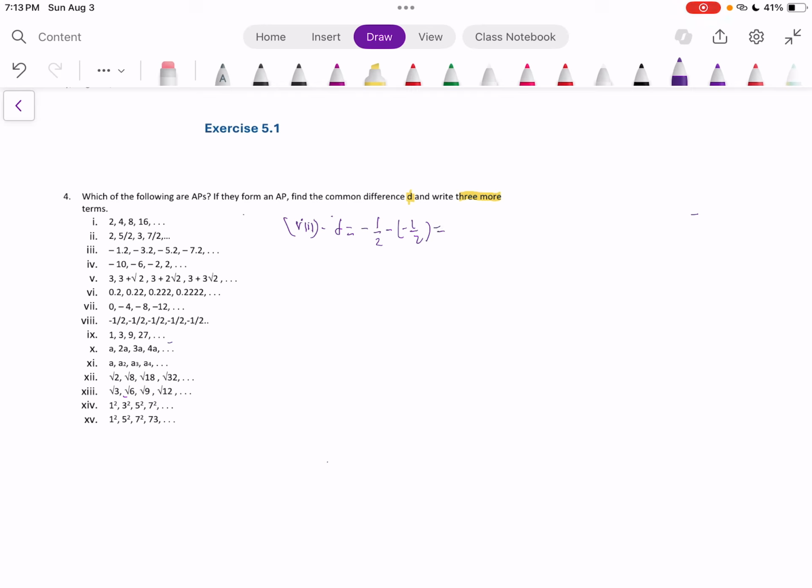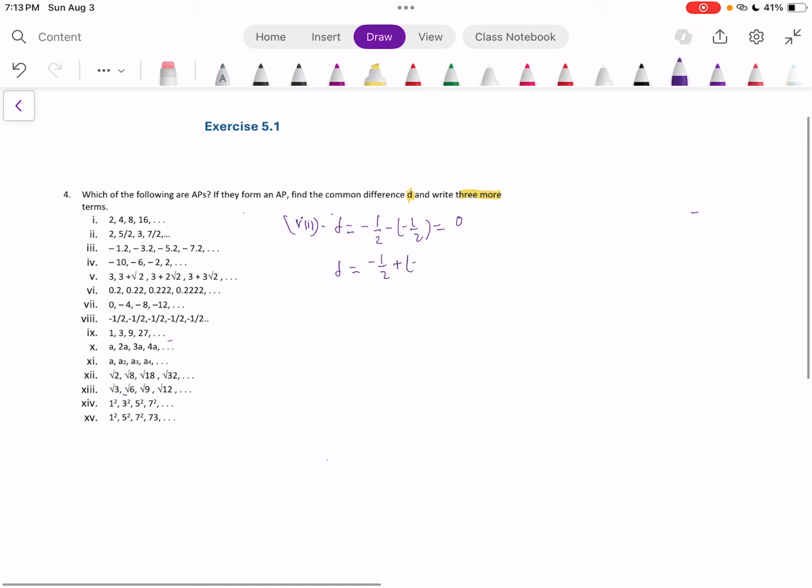So it's going to be negative 1 over 2 plus 1 over 2, 0. Again, negative 1 over 2 plus negative 1 over 2, again 0. These are all negative 1 over 2, so you are going to get the same result. That means the series is an AP, but the common difference is 0, so the numbers do not really change,